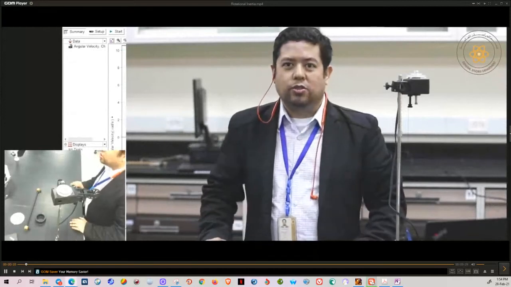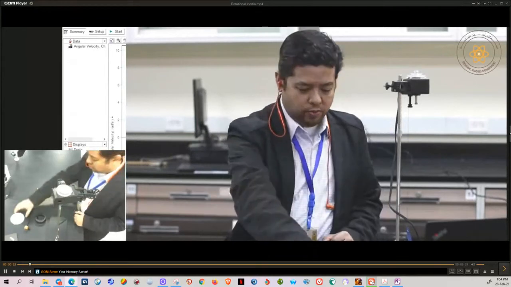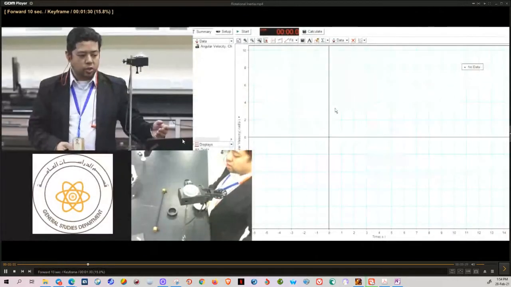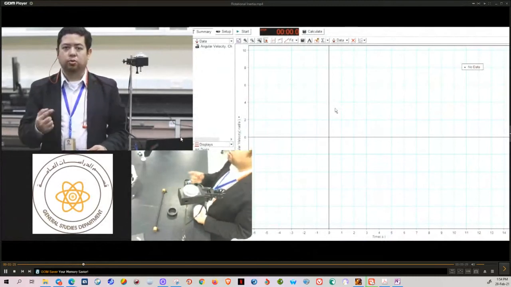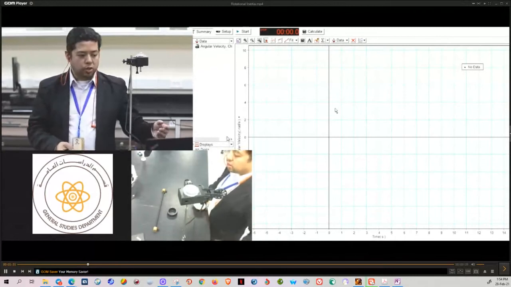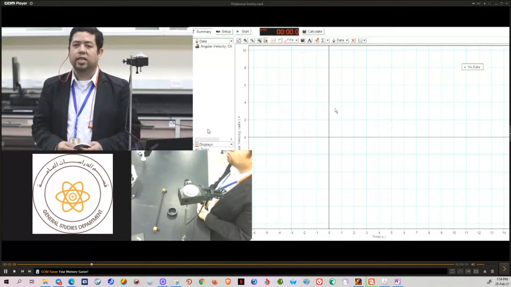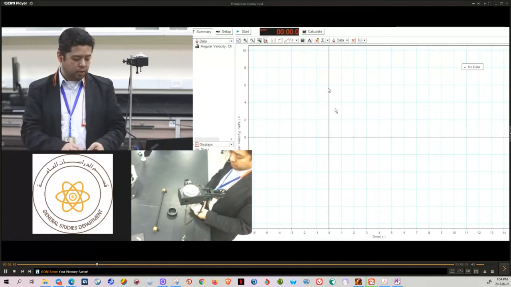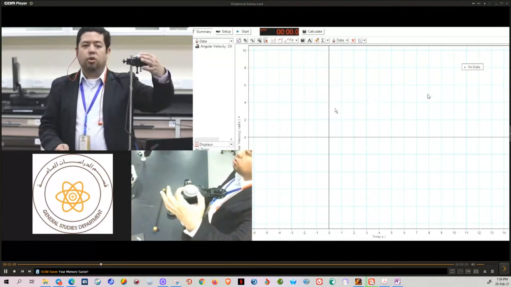Hello. We are going to study the rotational inertia of different shapes of objects. Let me fast forward. First, we are going to use the software. 3 different shapes by applying a torque which will cause them to rotate, and the computer, with the help of the Data Studio software, is going to measure the angular velocity versus time, from which we can calculate the inertia of each object experimentally. The torque is calculated by taking the radius of this pulley